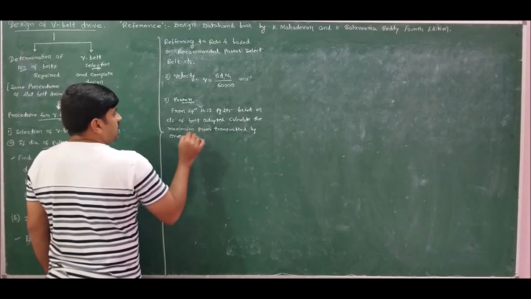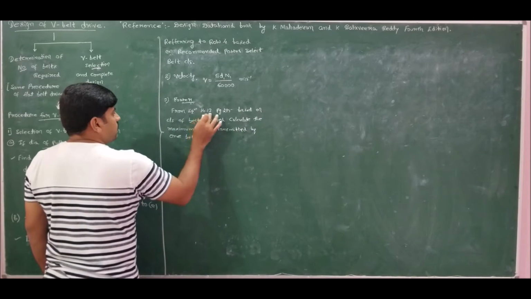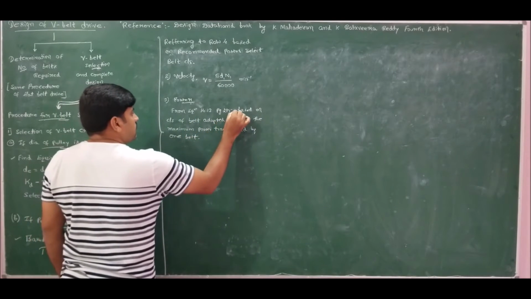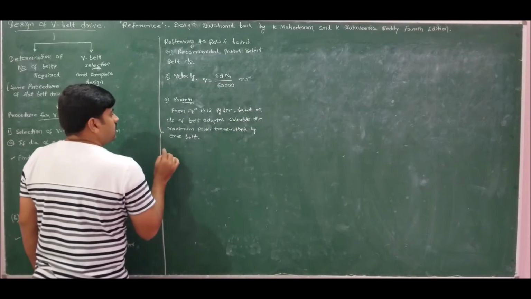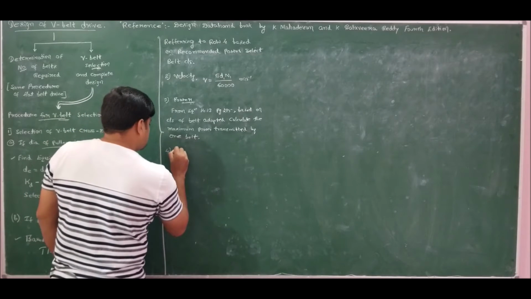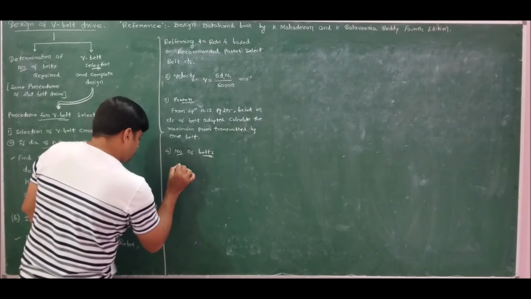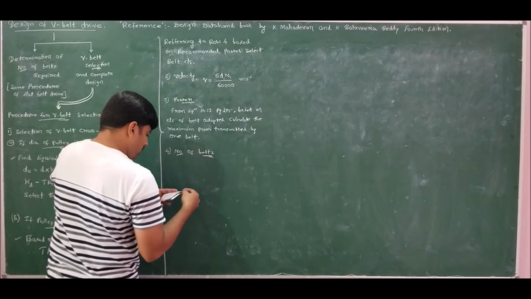Now, once you calculate the maximum power that can be transmitted by one belt, referring to equation 14.13, page number 295, based on cross section of belt that you have adopted in step number 1, next is to find the number of belts. Total number of belts required for the given power transmission is calculated from equation 14.14, page number